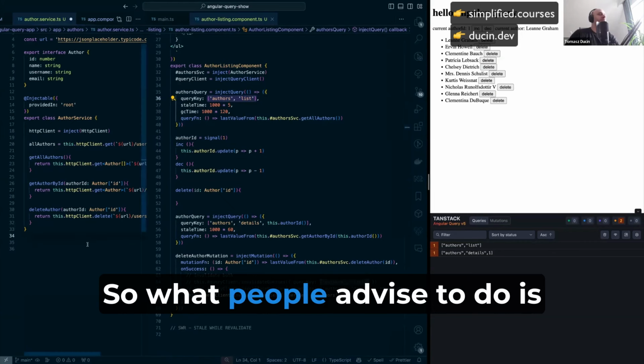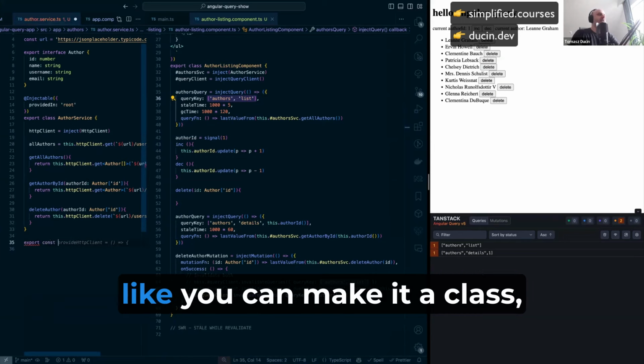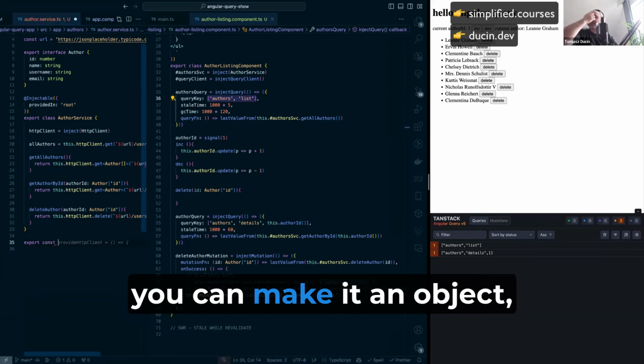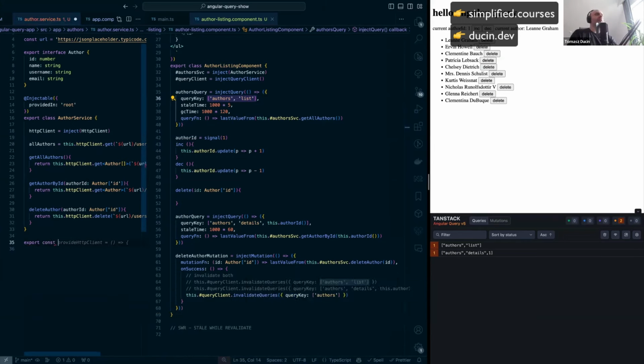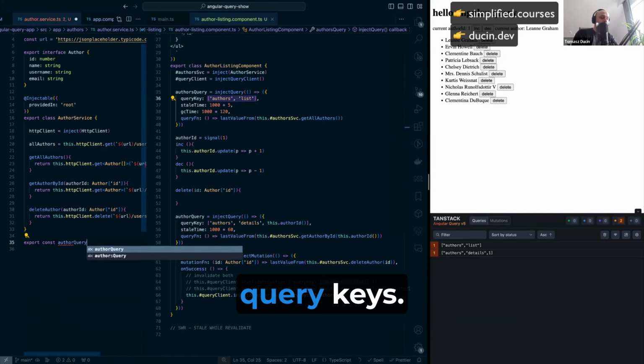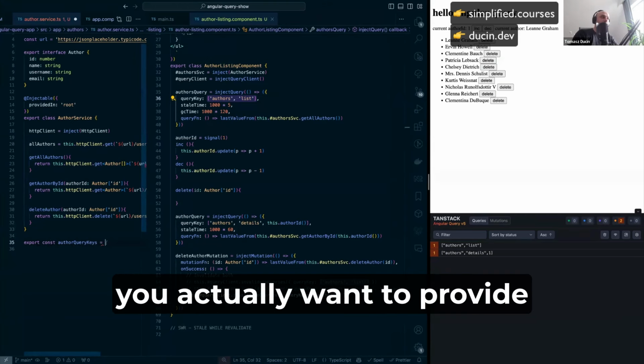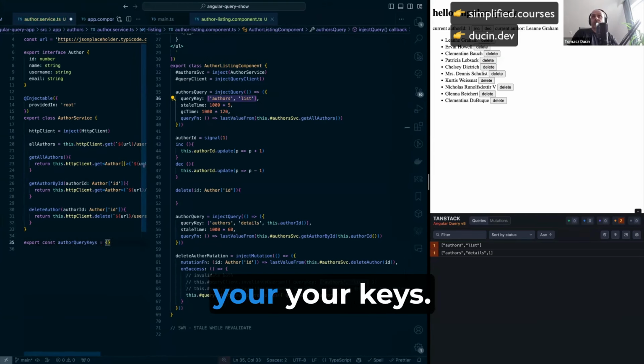So what people advise to do is actually to create an export const. You can make it a class, you can make it a function, you can make it an object, whatever you prefer, and that would be author query keys, just to create one place where you provide your keys. So, for instance, all authors,